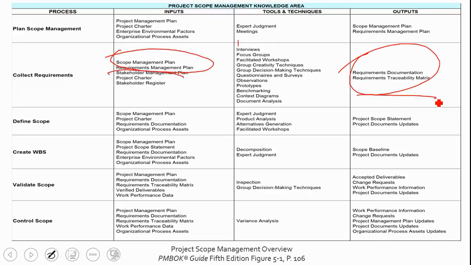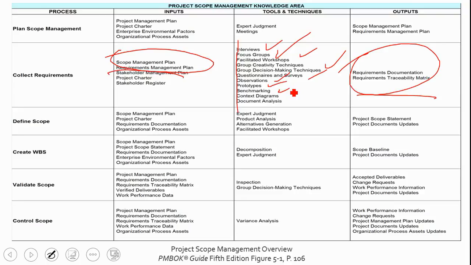Well, we use all of these great tools and techniques: interviews, focus groups, facilitated workshops, group creativity techniques, coming up with creative ways for identifying the scope that needs to be done, group decision-making techniques, plurality, unanimity, dictatorship, and so on. Questionnaires and surveys need no introduction, observations, observing people to see how they are carrying out their work duties, prototypes to get early feedback, benchmarking using a standard of a previous project or using features in a previous product